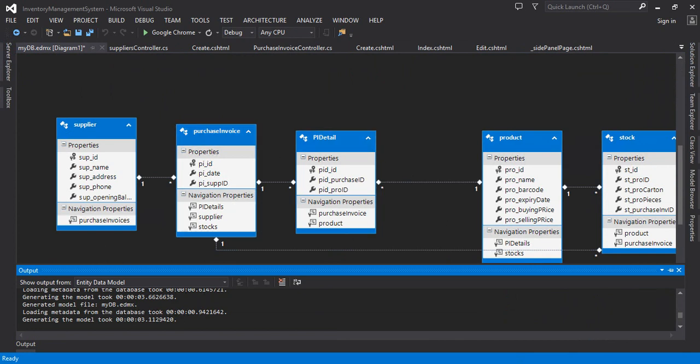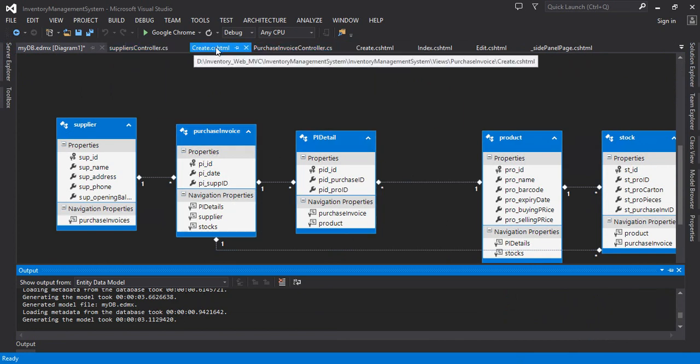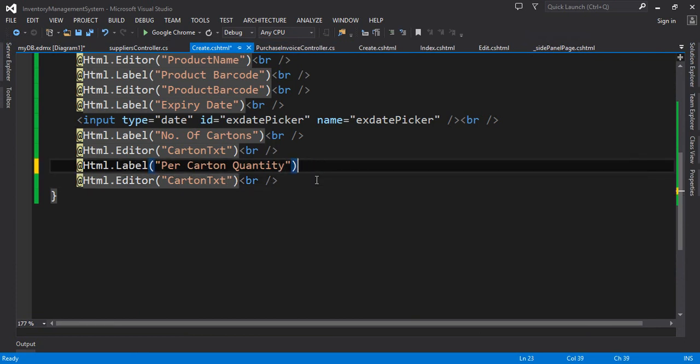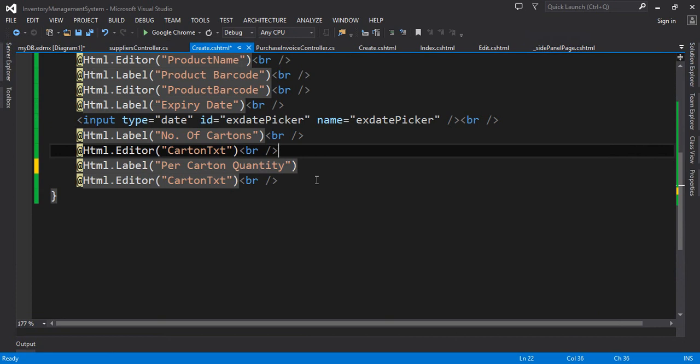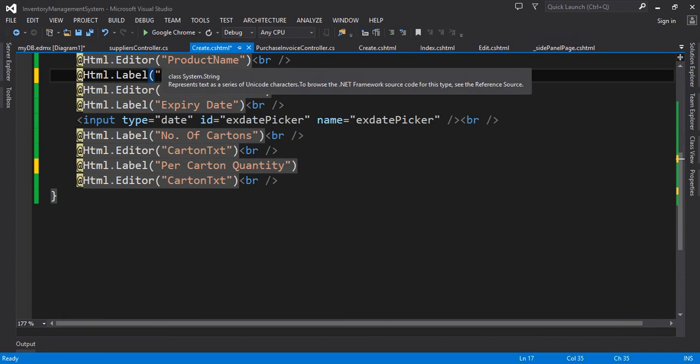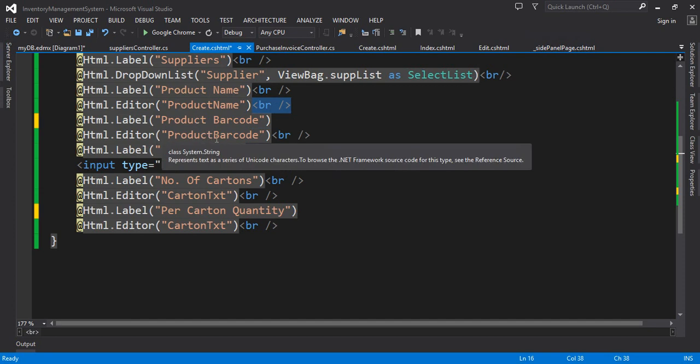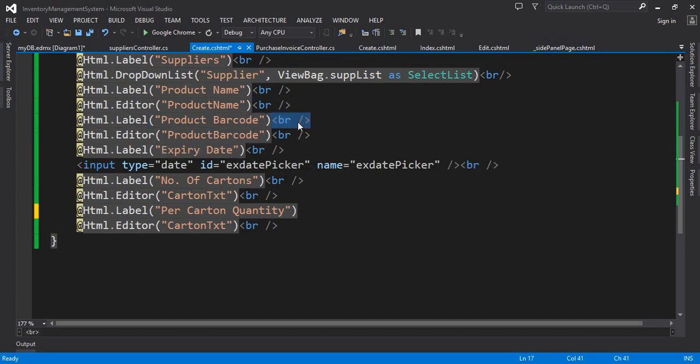Okay, and now after buying price and selling price, just go to the view and remove this BR, because I wanted to display these things together. So the number of cartons and the product name, barcode, all things should come in line. So product name, then barcode, it should be on a new line, and then the new line should not be there. Product name, no, it should be a line break. Here it should be the line break, and then product barcode, and then we have to specify a line break also,